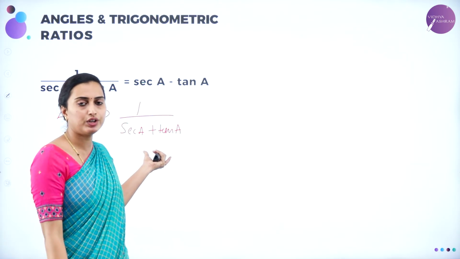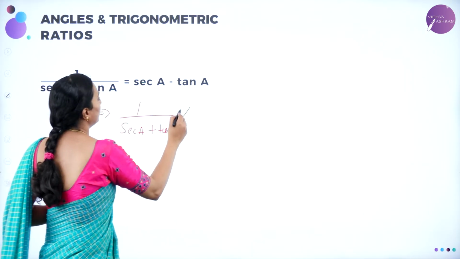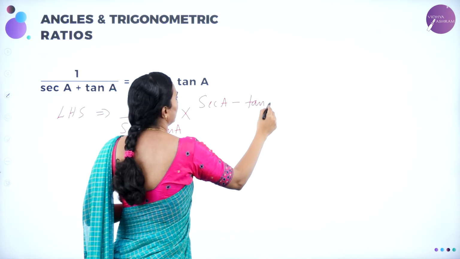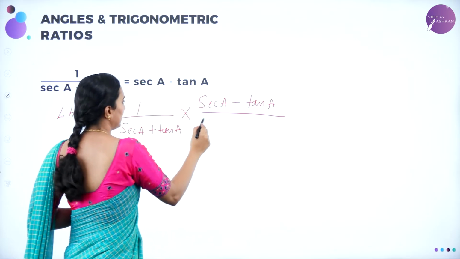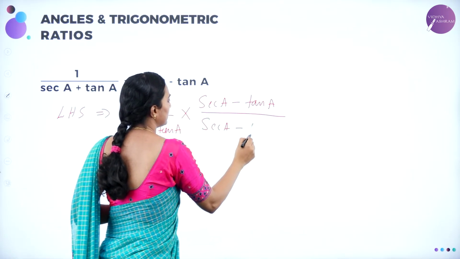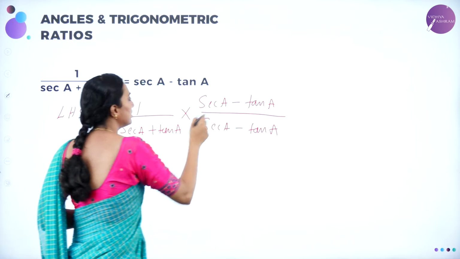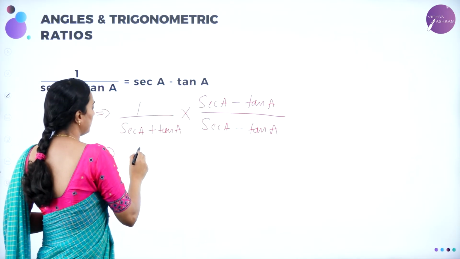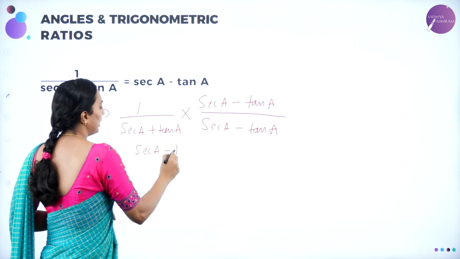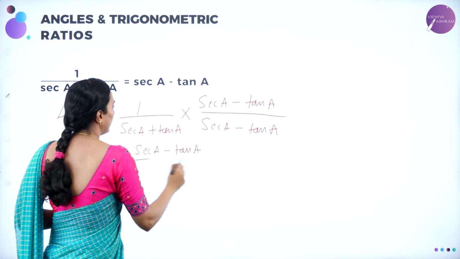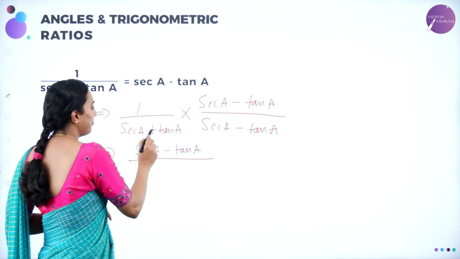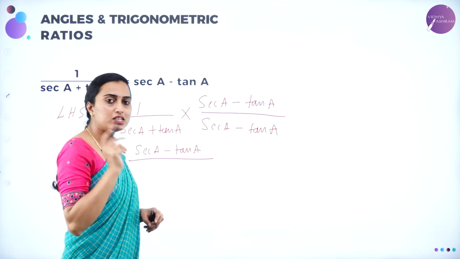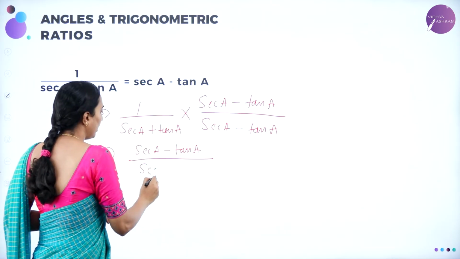If you multiply this, you are going to have into secant A minus tan A divided by secant A minus tan A, correct? Multiplying this conjugate, it will give you 1 into secant A minus tan A, divided by secant A plus tan A into secant A minus tan A. What is (A plus B) into (A minus B)? A squared minus B squared, which is secant squared A